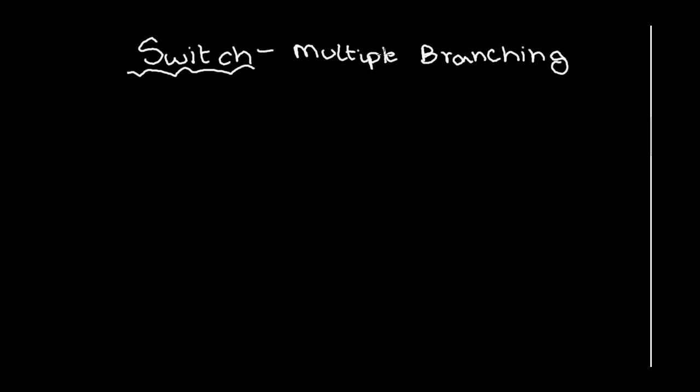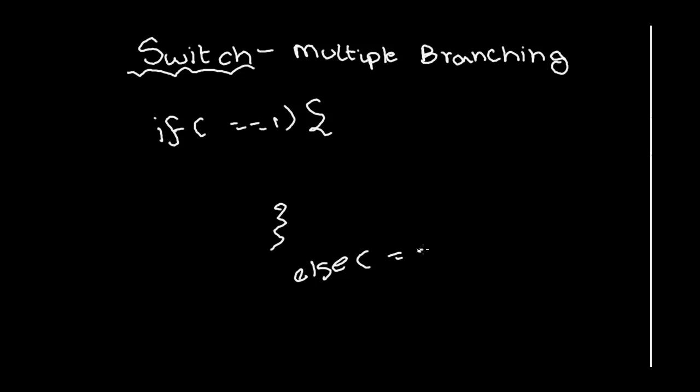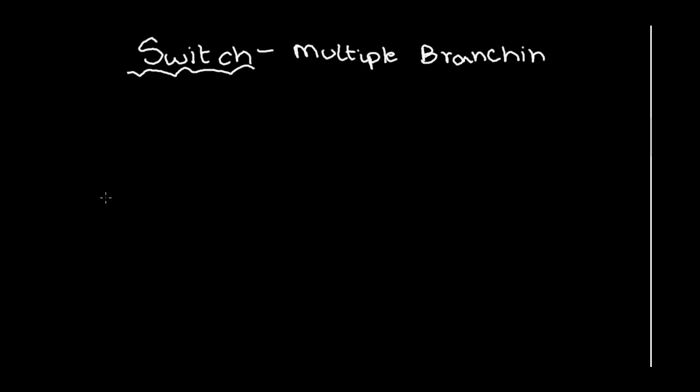It's a multiple branching statement. Multiple branching means, let's say you have to check the value of a variable, for example whether it's equal to 1, 2, 3, 4, 5, 6, 7, 8, 9, 10 up till say 20. It's not convenient to write if equal to 1, do something, else if equal to 2, do something. It's not convenient to give so many ifs and so many elses. So that's where you have the switch.